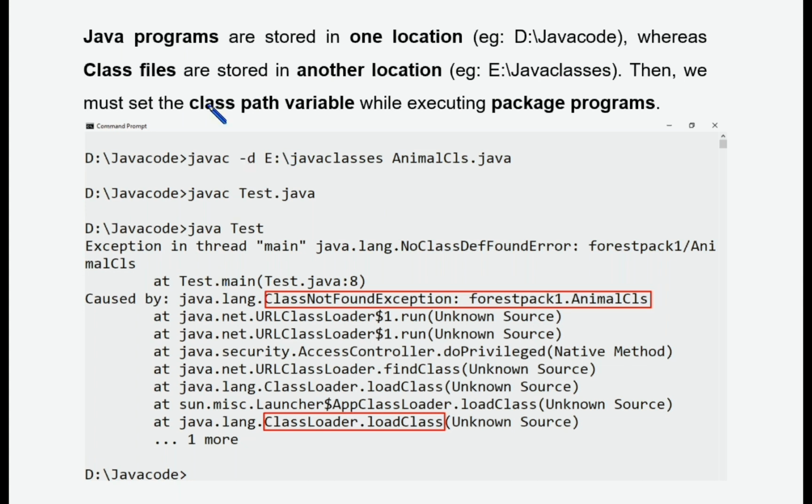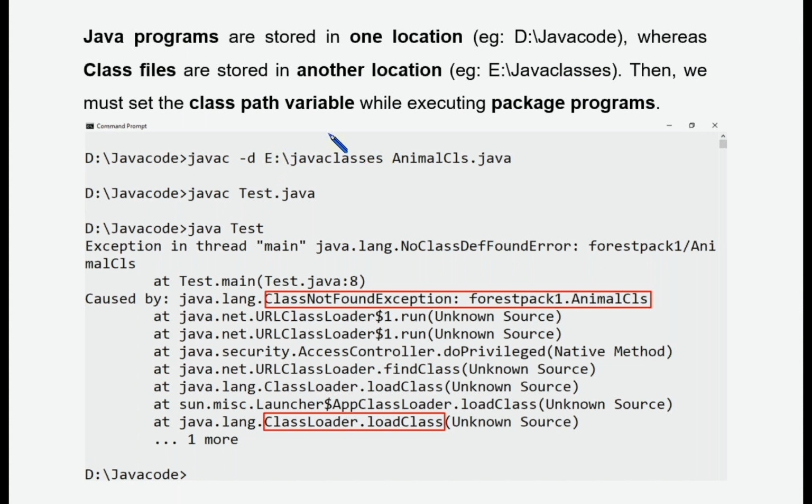Whereas, see the second scenario. Here Java programs are stored in one location, for example d:\Java code, whereas I am storing all the class files in some other location, for example in e:\Java classes. Now what will happen? See this code here. Instead of giving javac -d dot, here I am giving a specific location.